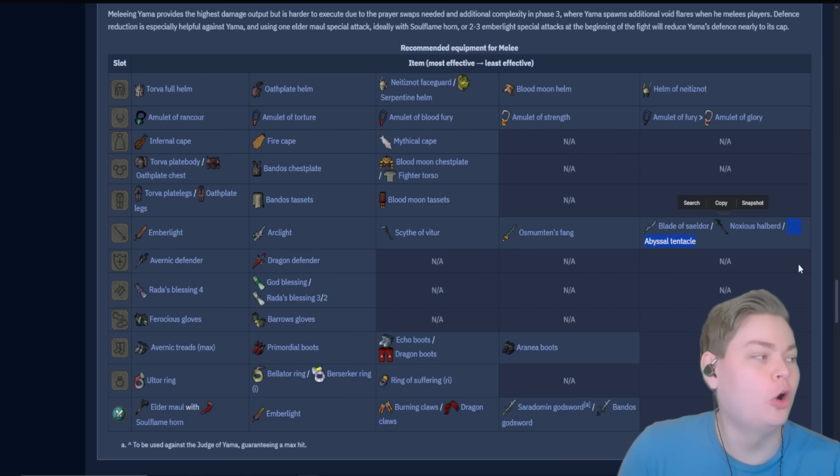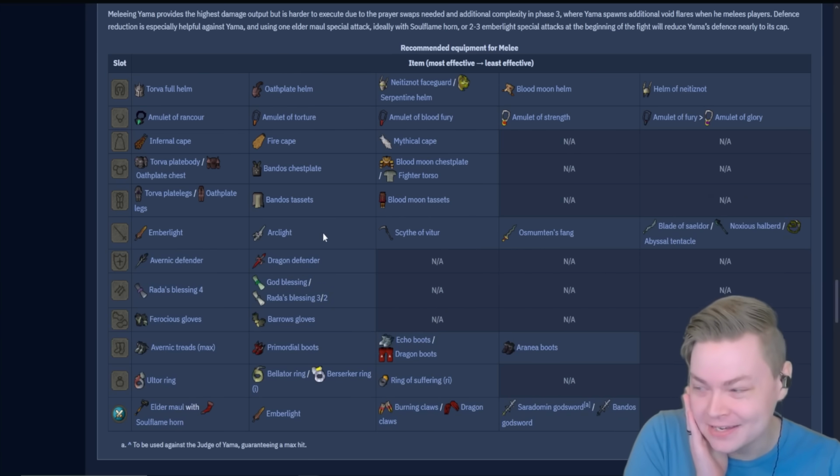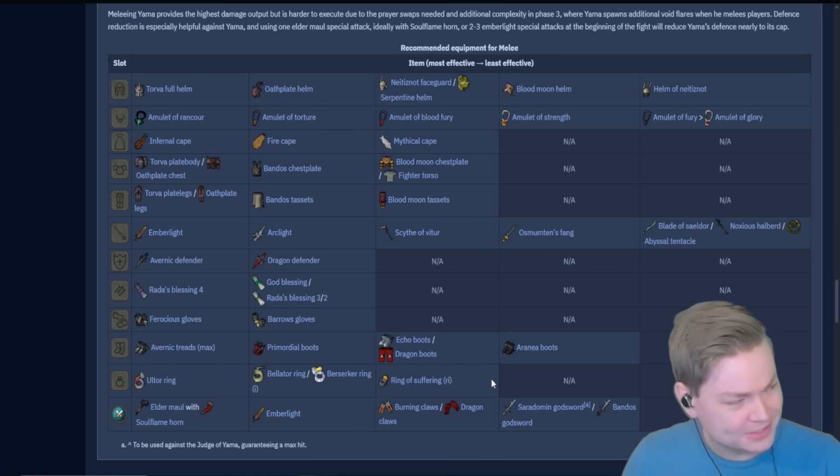gives 1 strength. And then we have Fighter Torso because it's slightly worse than Blood Moon Legs, a Tentacle Whip, which is so much worse than even an Arclight. It's like night and day worse. We're using a Dragon Defender. Blessing doesn't really matter. Barrow's Gloves, Arania Boots, and